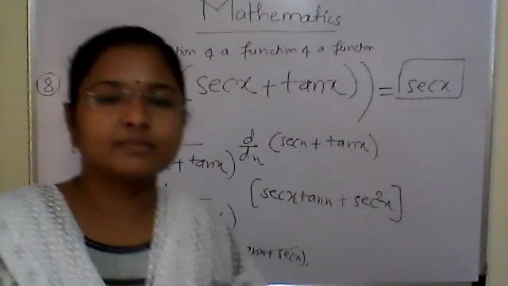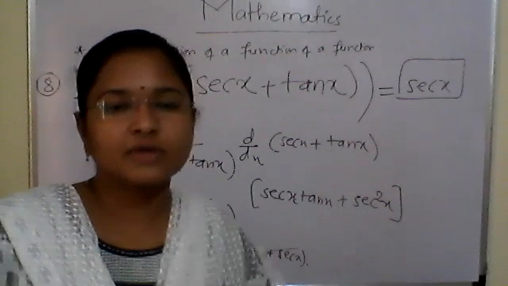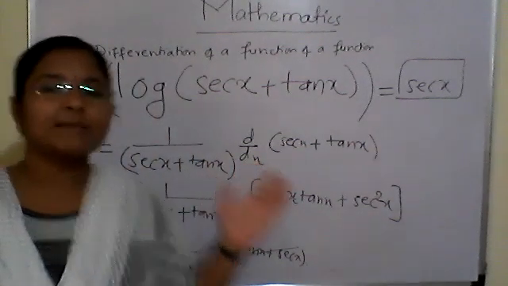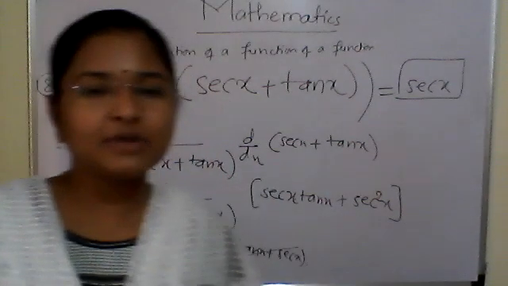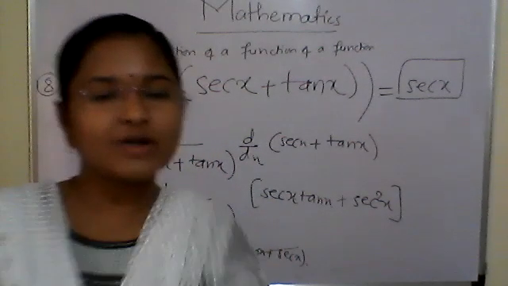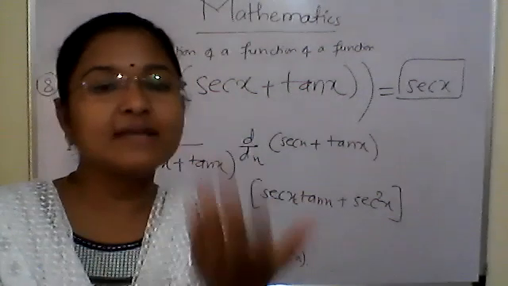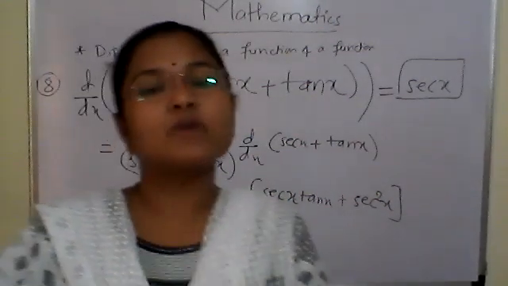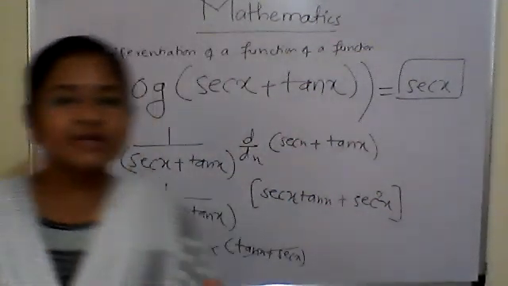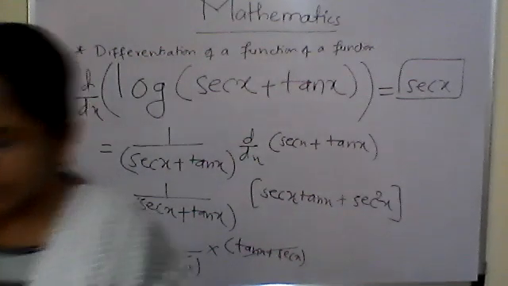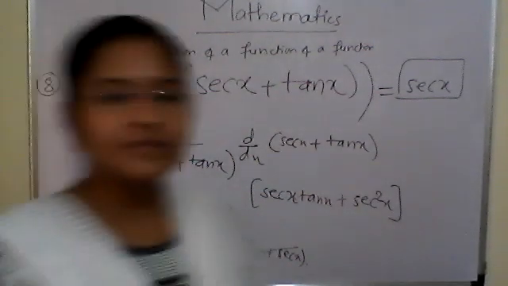Getting? Any doubt in this? No, ma'am. Now by example you can find the derivative of log of cosec x plus cot x, or log of cosec x minus cot x also, and you will get the standard form for this. Okay. So the ninth one, e raised to